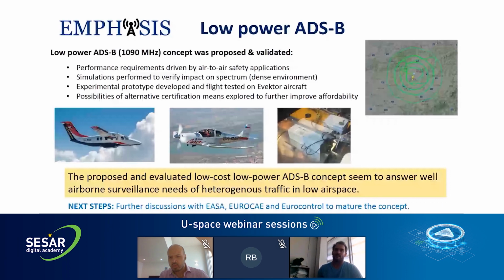So is it really that they need to be seen on the ground, or what is really the most critical issue? We propose a concept based on the assumption that it is air-to-air detection, which should allow emergency maneuvering by the other users, and this should drive the performance requirement on ADS-B. Based on this, we propose to reduce the power of the transmitter of the ADS-B message,